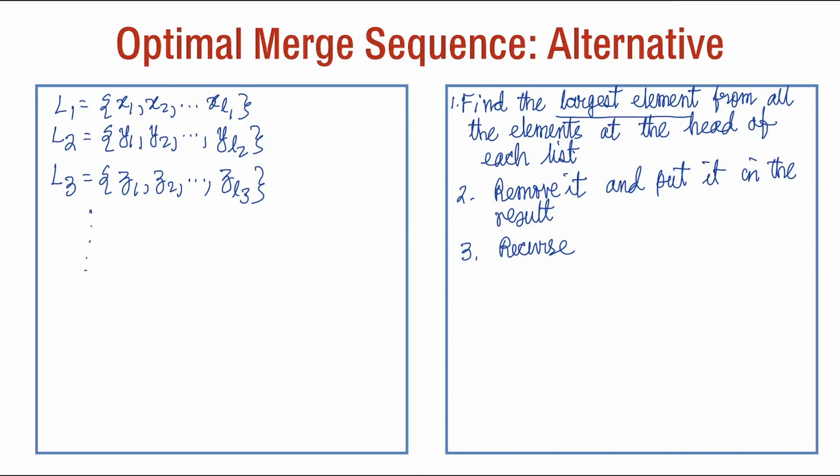Now the problem is, this is a good algorithm, but it would yield a time complexity of T(n) equal to T(n-1) plus order of n, because I am removing one element, if we use a simple max.